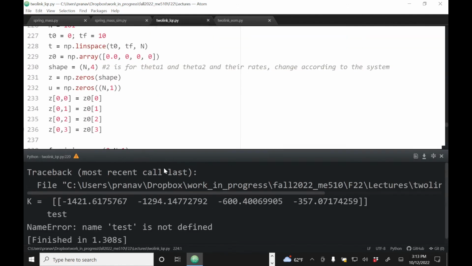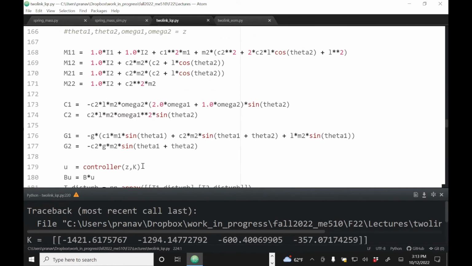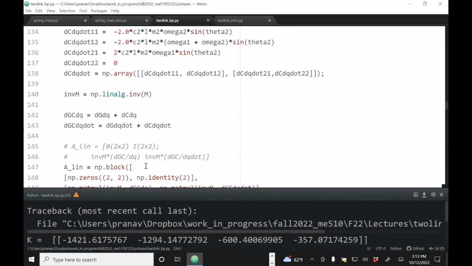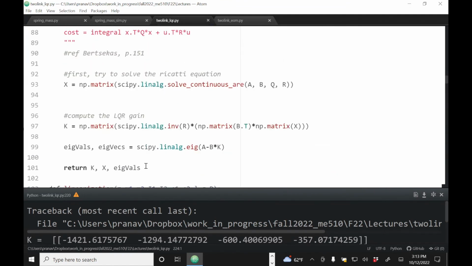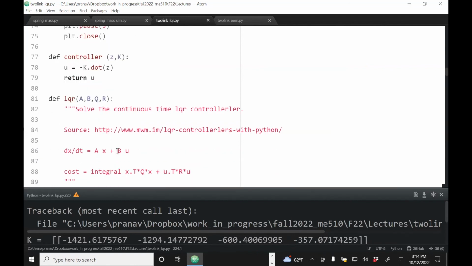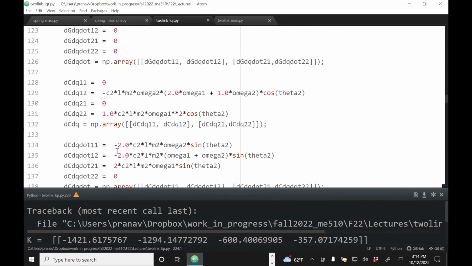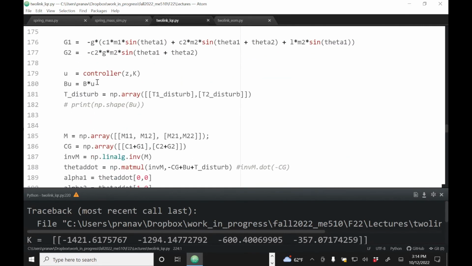Okay, what else? Only one more thing which I might want to add is that I have a function called controller, which picks up the K and then computes u as minus K times z, where z is the state. And then that has to be called in my equations of motion, which are my right-hand side, which is here somewhere. Okay. It's called here and then it goes in B times